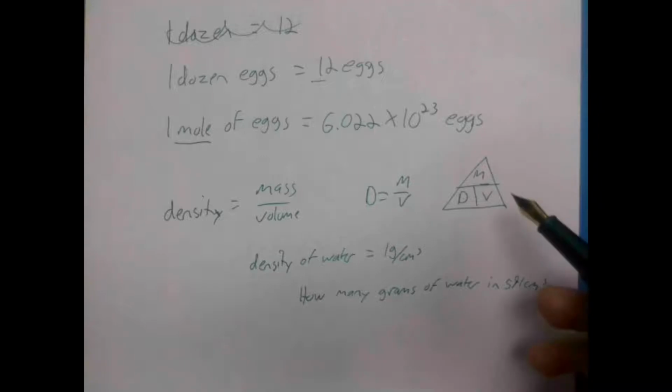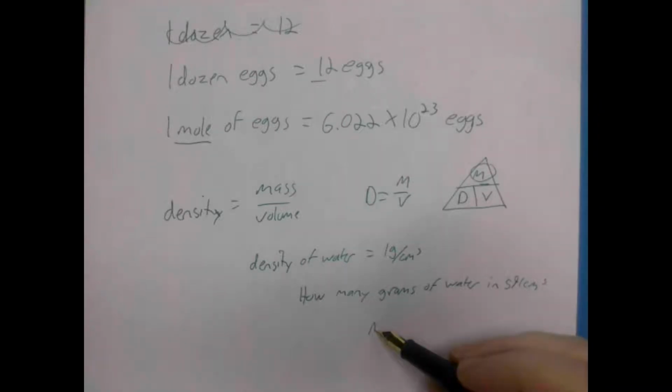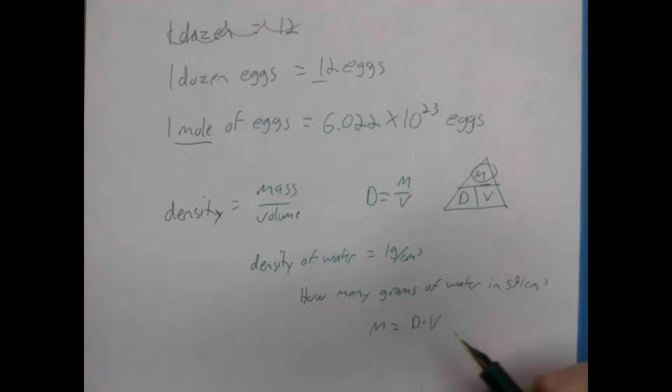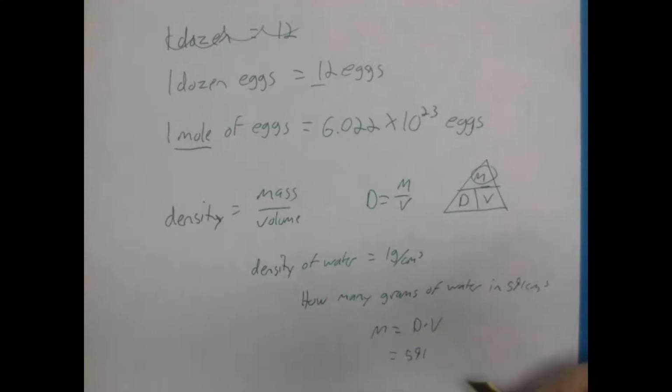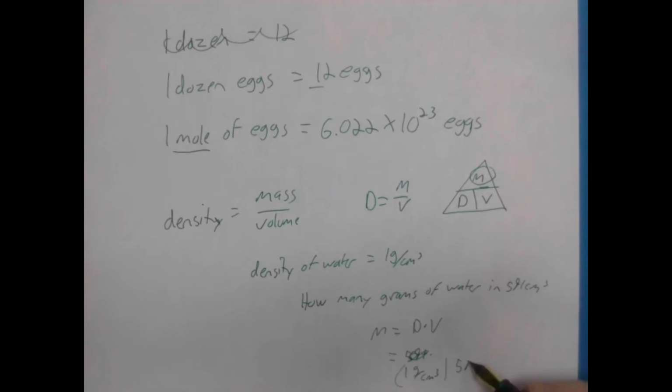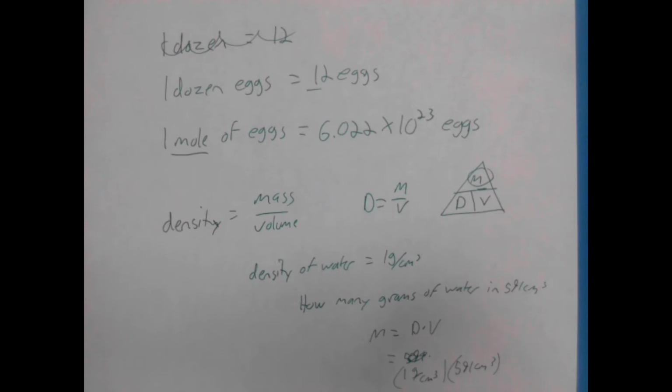So we're solving for mass. Mass is thus equal to density times volume. The density is 1 gram per cubic centimeter. The volume is 591 cubic centimeters. So the density, the mass